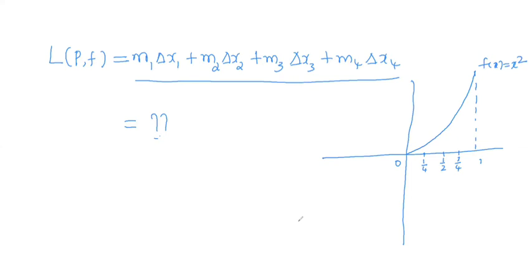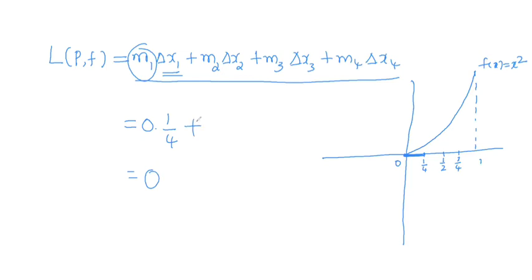So what that lower Riemann sum actually is, we shall see now. First, in this interval, we have to calculate m1. What is m1? In this interval, m1 will give you the least value of the function. By the graph itself, you can see the least value is 0, and 0 into delta x1. So what is delta x1? It is the length of this interval, so length of this interval into the minimum value. So the first term gives you the answer 0, because the minimum value is 0 and the length of the interval is 1 by 4. So the first term is 0.